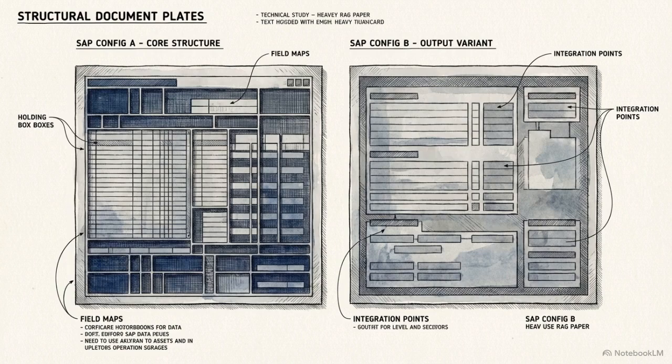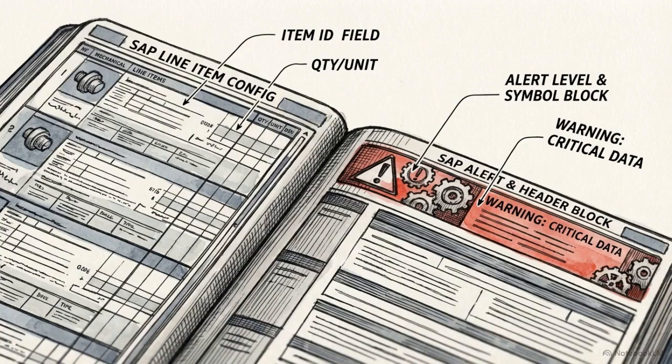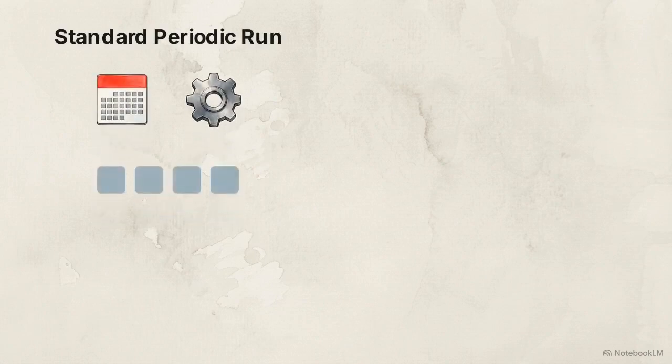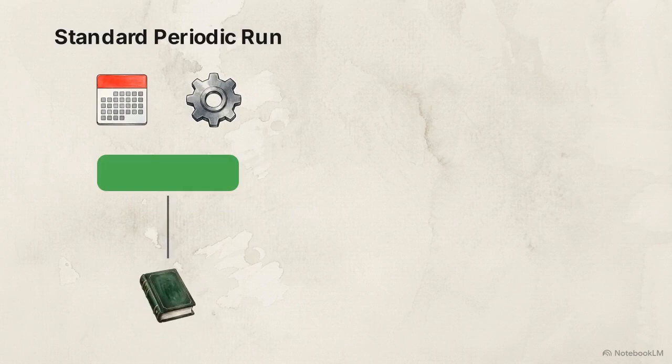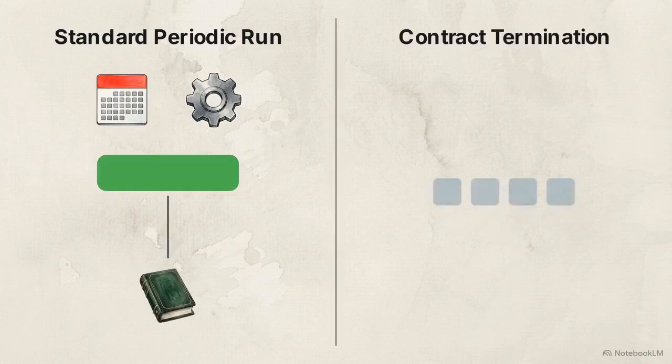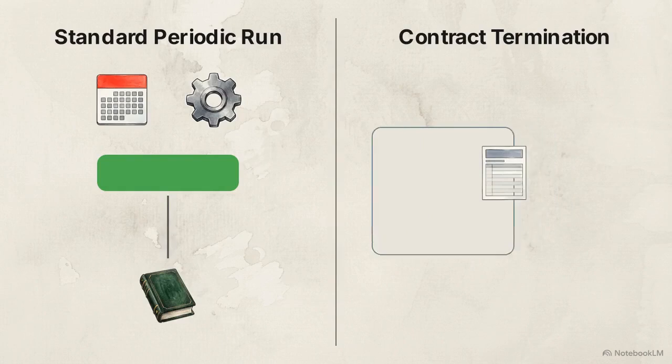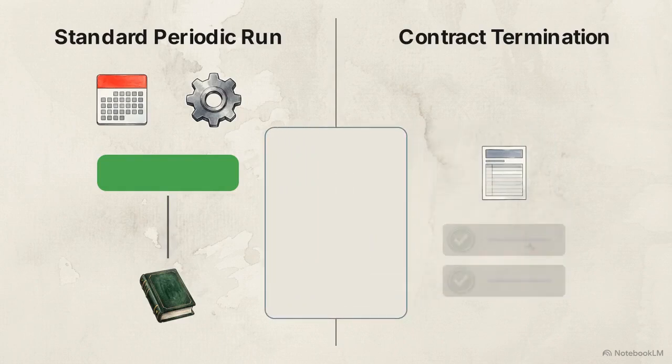To see why the billing type is strictly necessary, we start by looking at the final outputs. Consider a standard periodic billing document versus a termination simulation document. The periodic run executes standard business logic, aggregating billable items to generate actual financial postings in the general ledger. The final contract termination document, however, adds specific informational items, like return equipment statuses, that are entirely irrelevant for an